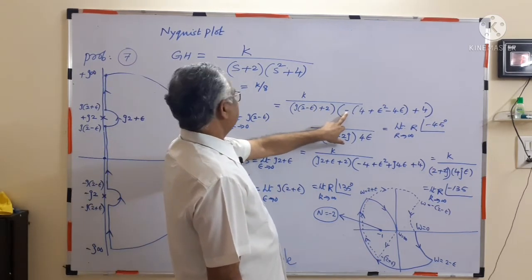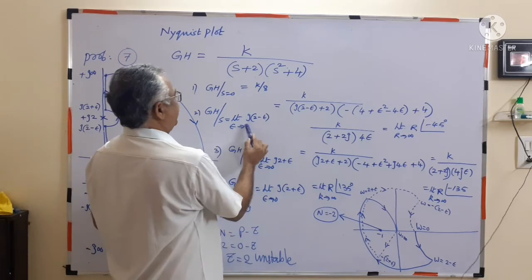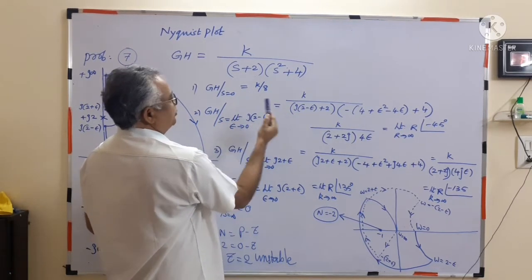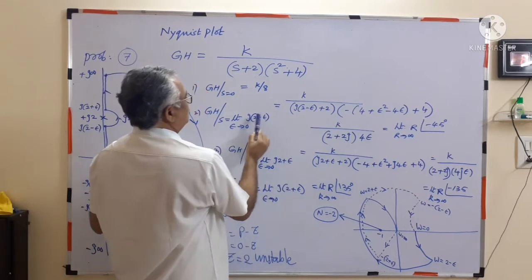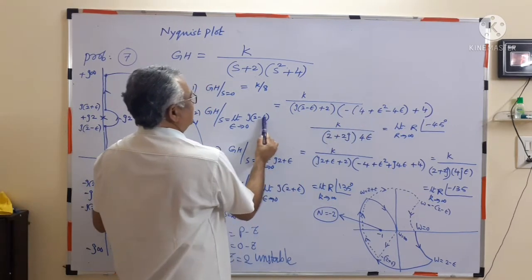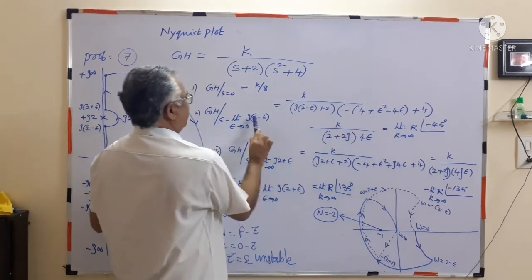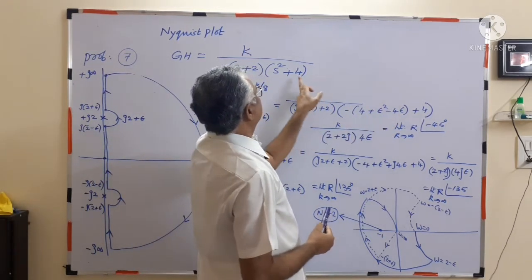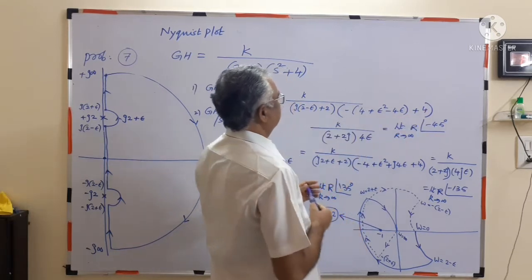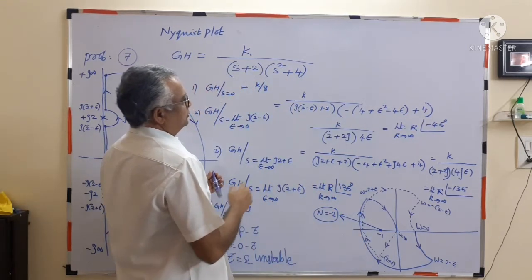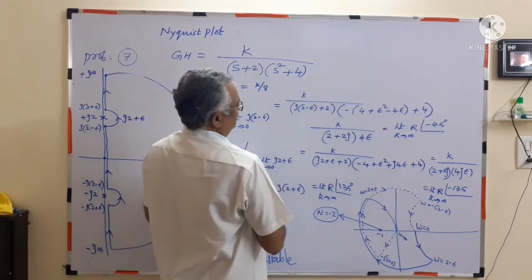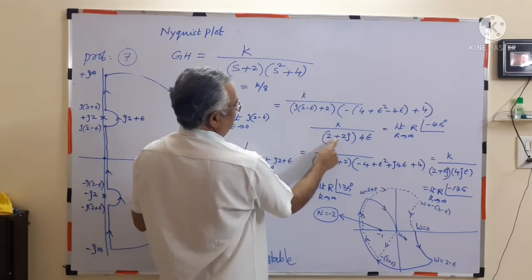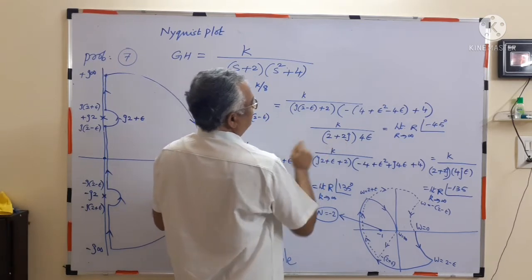Then this square, what is this square? S square, j square is minus, 2 square is 4, epsilon square minus 2ab, minus 4 j epsilon plus 4. Now K by, here epsilon is small, neglected, 2 plus 2j,